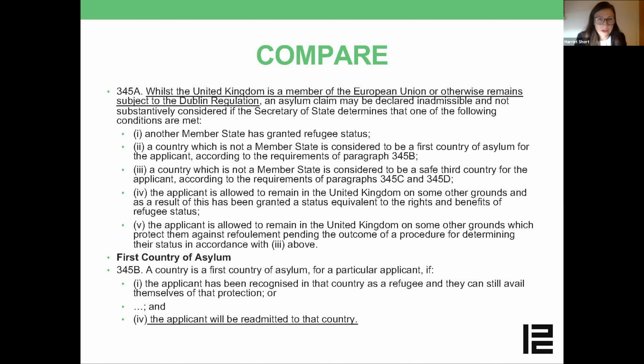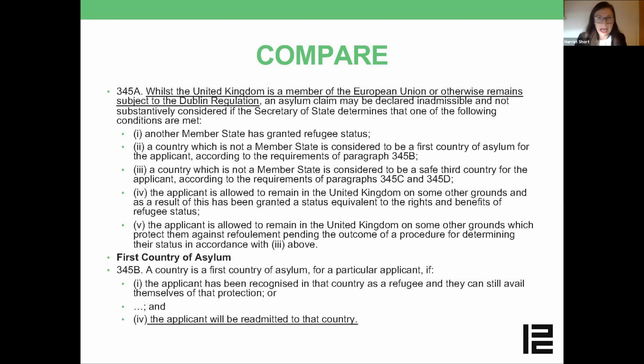As the Dublin regulation imposed strict timelines. However, the Home Office policy does say that it's important that admissibility action is undertaken promptly in appropriate cases to maximise removal prospects. The longer it takes to action an inadmissibility decision, the less likely it is that the third country will accept responsibility for an individual. And although there are no policy deadlines in respect of inadmissibility decisions, specific time limits may be applied by third countries. So those are the things we'd have to think of